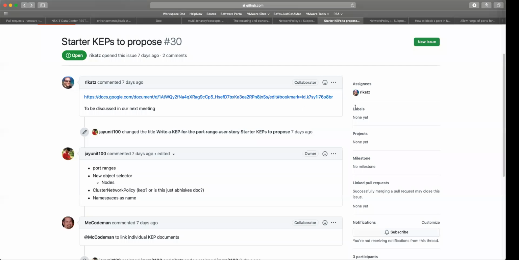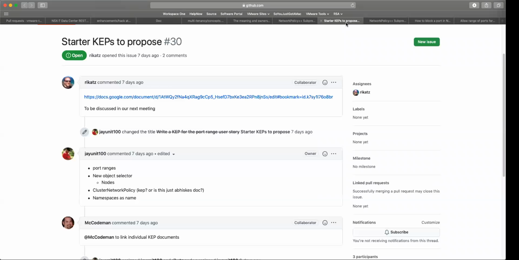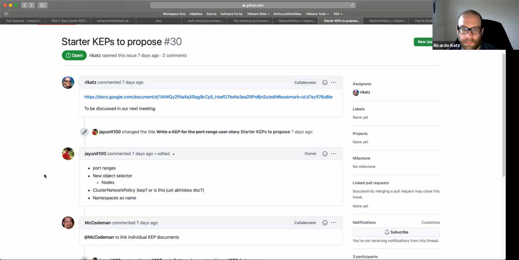and then we can follow up as a KEP. We'll probably look at something similar to this as a proposal, and Andrew suggested that we use a proper struct for port ranges, but we can discuss these changes over the related issue. We are also now discussing the namespace as a name, which is being actively discussed on the Google Groups mailing thread raised by Tim Hockin. So yeah, Ricardo, you had some comments about that.